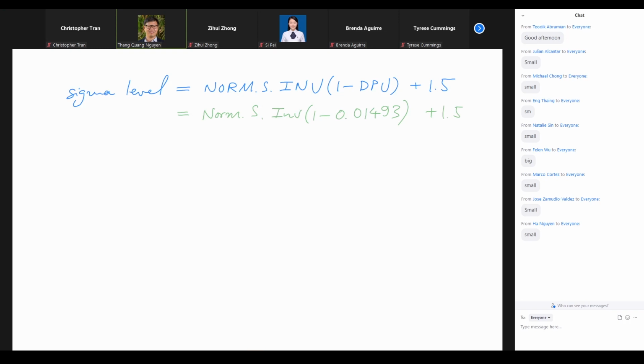So the bulky part right here, if you type exactly equals NORM.S.INV of 1 minus that 0.01493 in Excel, then you're going to have 2.17, right? And then at the end, you would add that with 1.5. So, finally, our calculated sigma level